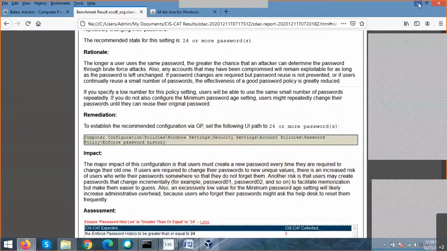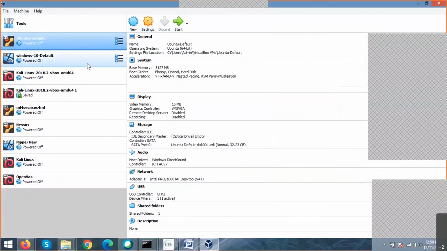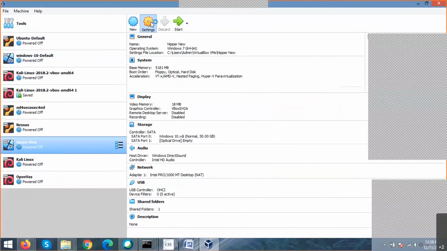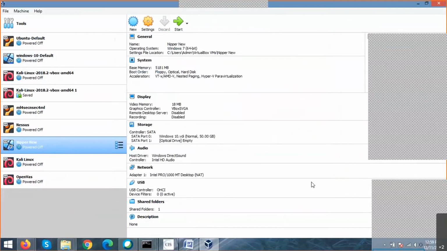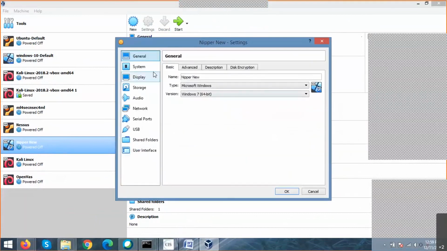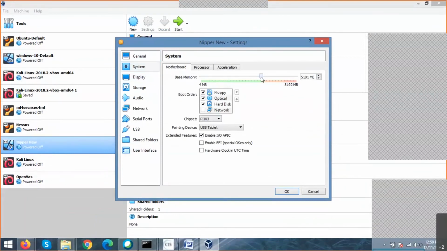Let me start my VM once. You can just change the settings.